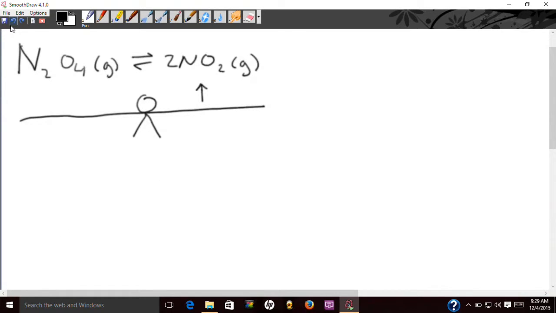Okay. So now if we say the concentration of NO2 gas was decreased, our seesaw now is being pushed down. Our ball is going to roll to the right, and our reactants were increased. So if you notice the pattern of arrows,